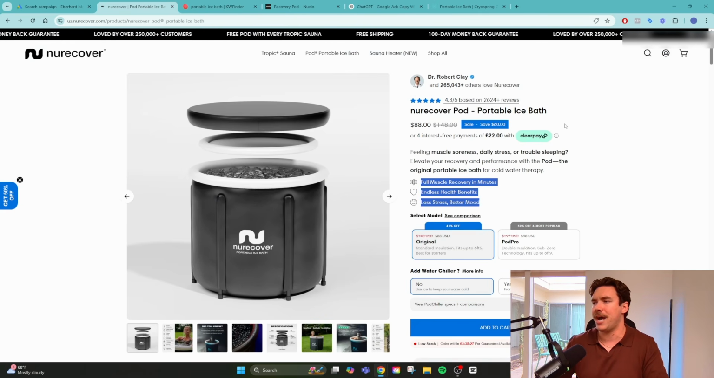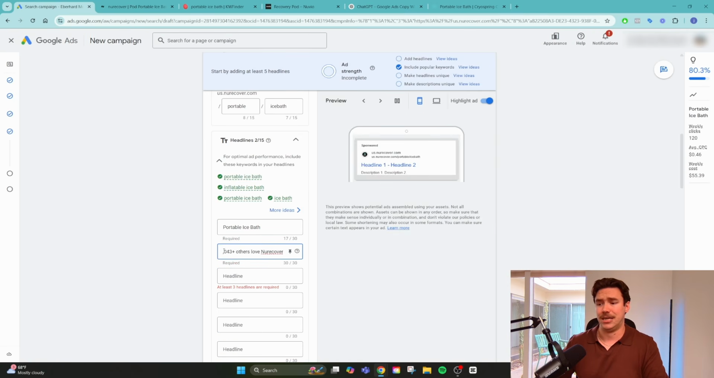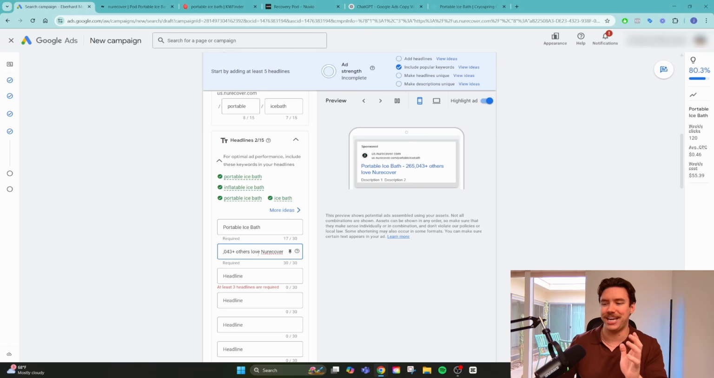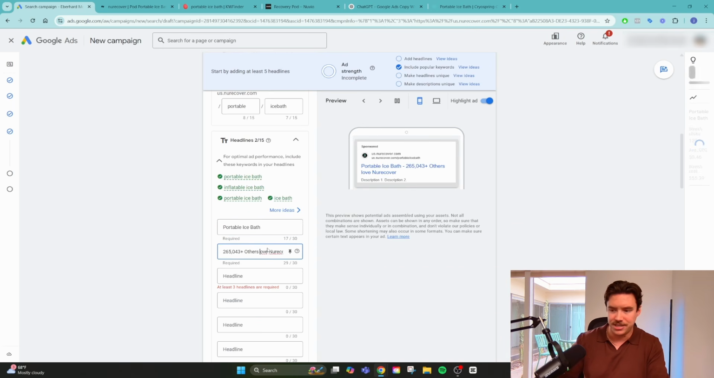So let's see if I do, oh, wow. 265,000 people and others love this. Let's see if this will fit. This is pretty long. Wow, exactly. Okay, so as you can see here, you have a max character limit of 30. So sometimes it can be really hard to find good ones because you're like, that's just not enough text. Sometimes it feels like it's not, but you have to remember that two of them are going to be